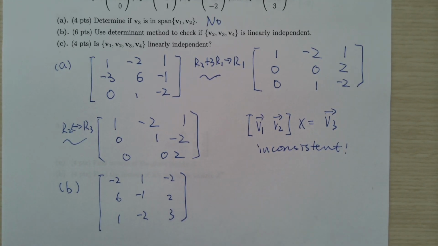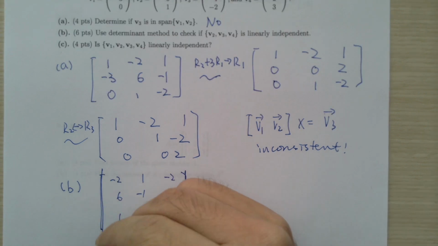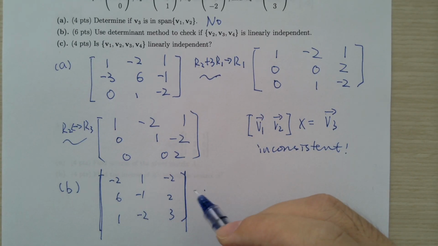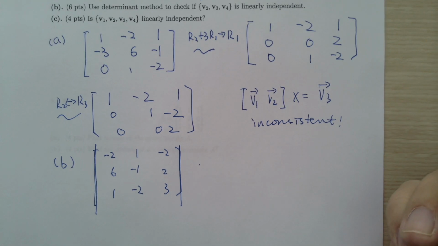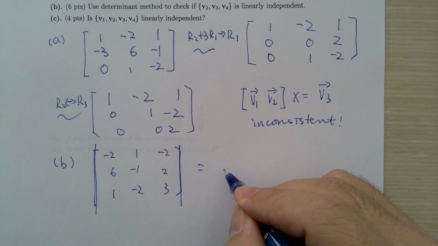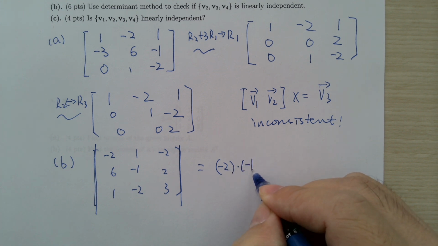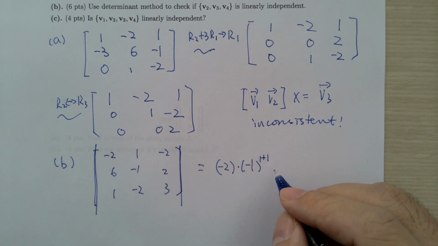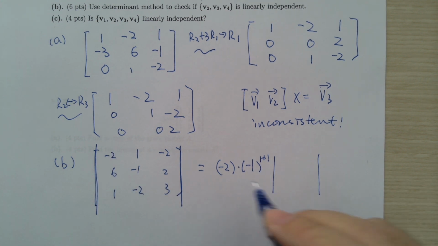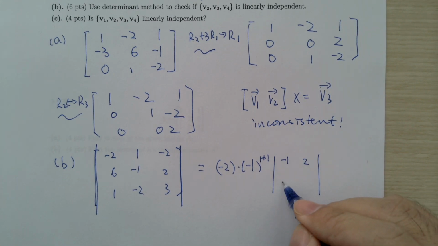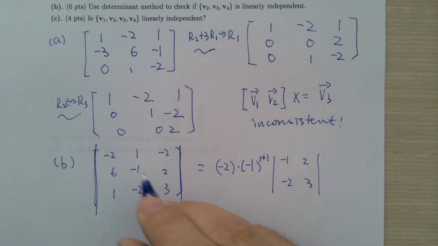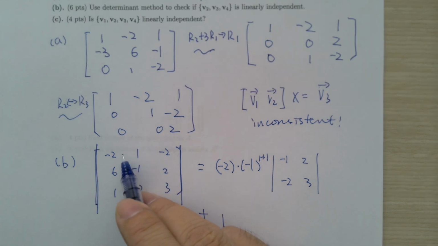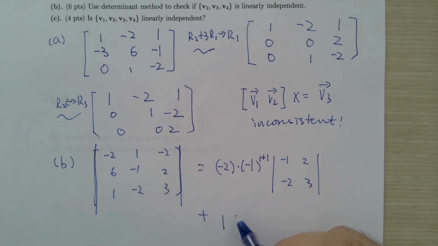So if we want to calculate the determinant of this 3x3, what we can do is follow the first row, it really doesn't matter. So it's going to be negative 2 times negative 1 to the power of 1 plus 1, because the index here is A11, times the determinant of this 2 by 2, negative 1, negative 2, 3, 2. Plus 1, the index here is A12, first row, second column, so 1 times negative 1 to the power of 1 plus 2,